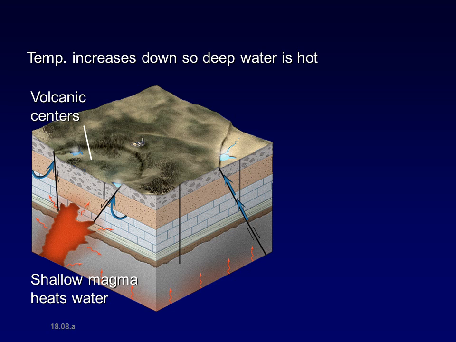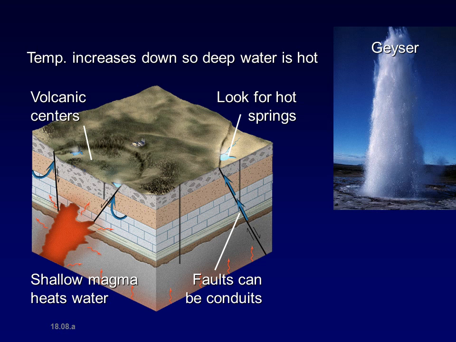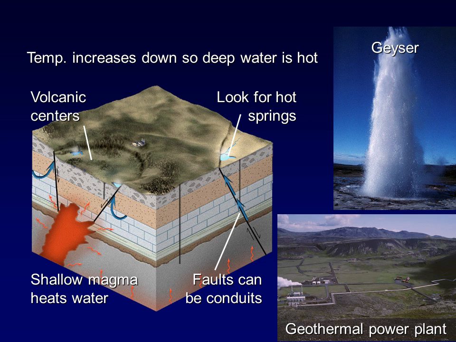And what sites are most favorable for its use? So in this image, it's showing shallow magma. So that means magma that's close to the surface is ideal. So areas that were recently active. Also, it's good to have faults in the area because hot water is going to work its way up to the surface along those faults. And in those areas, you're going to get things like geysers and hot springs, and that's how you'll know that